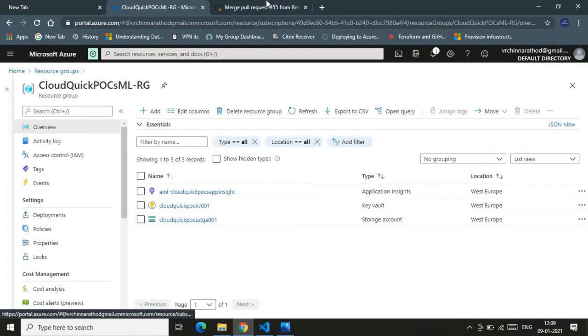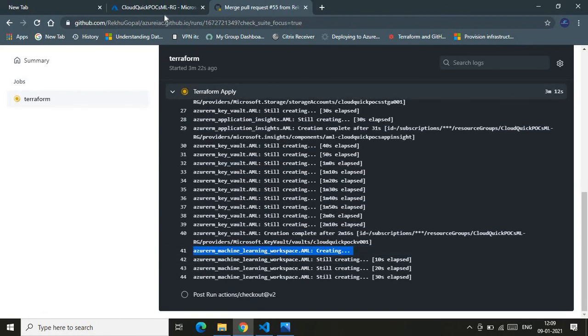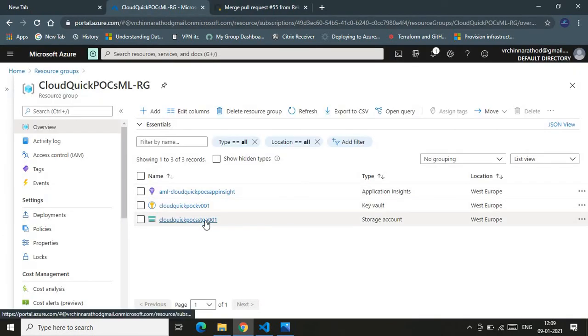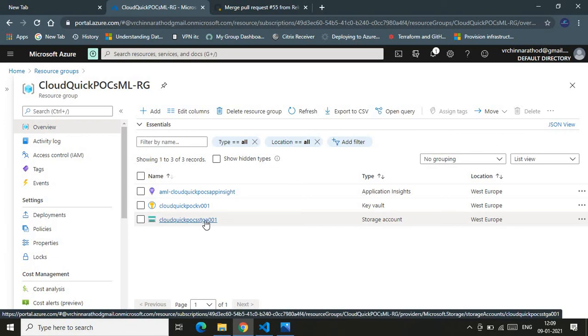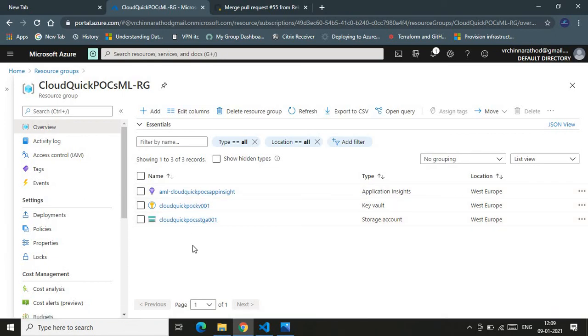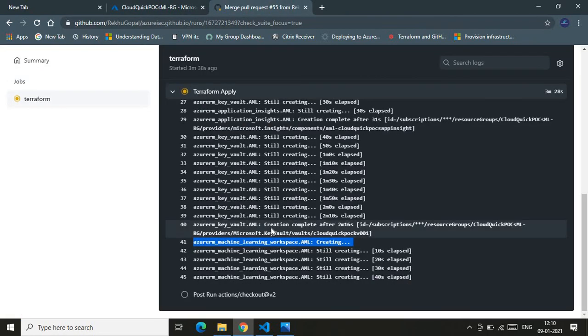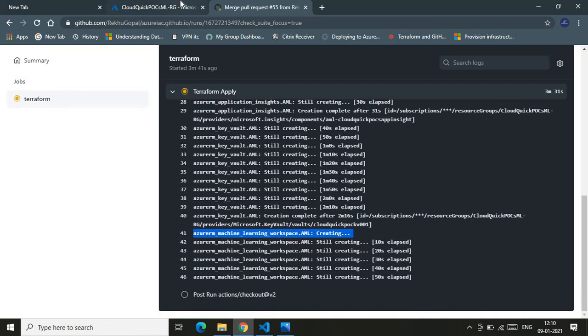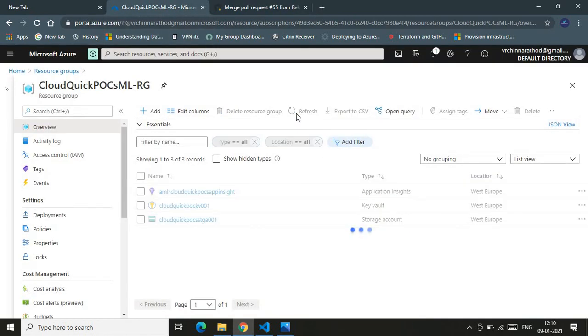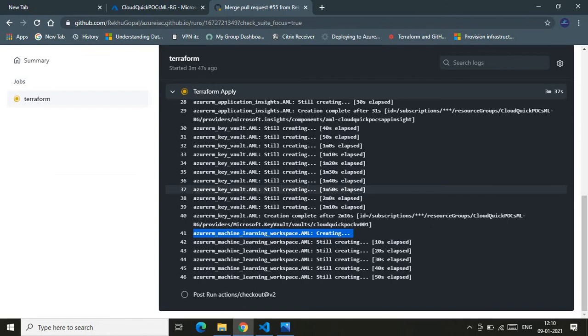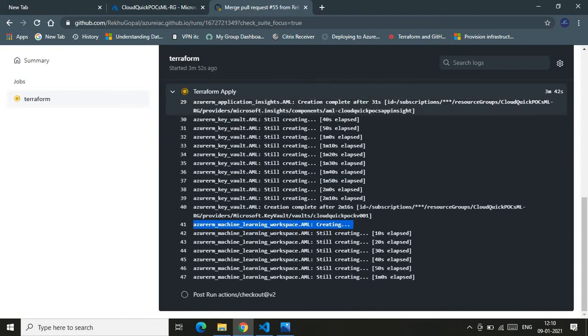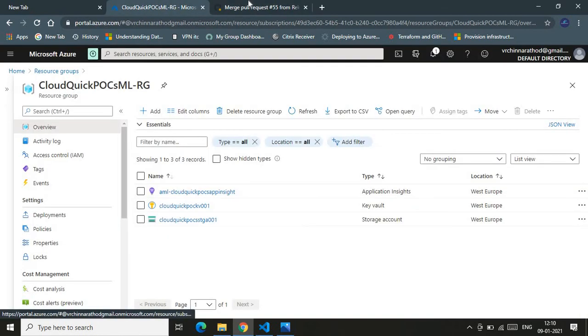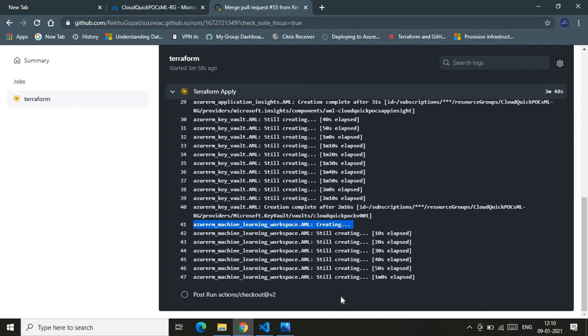What this Terraform does, as the definition said, is use these services. To create a machine learning service, we need multiple helper services. I will call these additional services helper services. These services will be used to provision the Azure machine learning service. So let's wait for some more time so that it can successfully provision it. Once these services are provisioned, we are done with our demo.